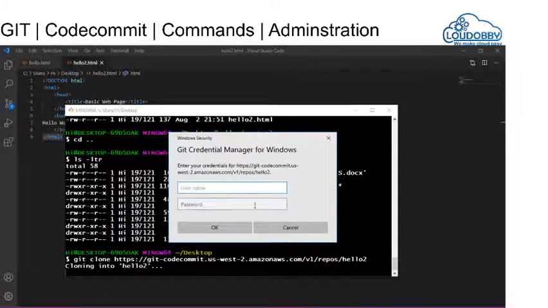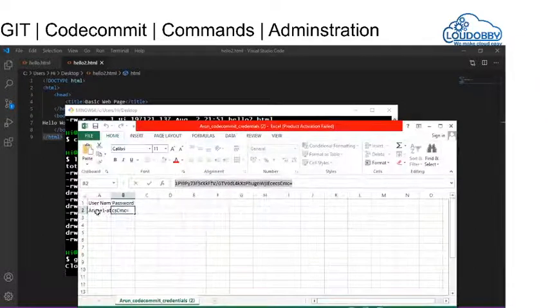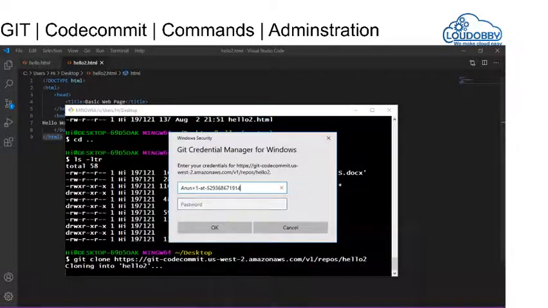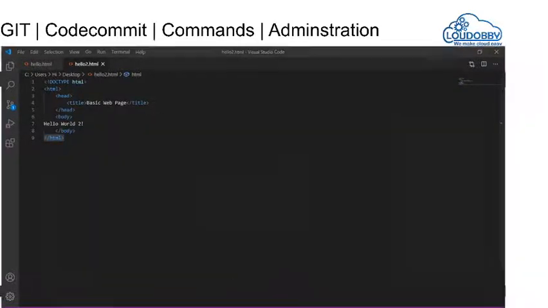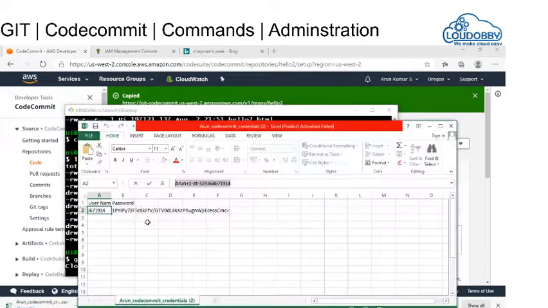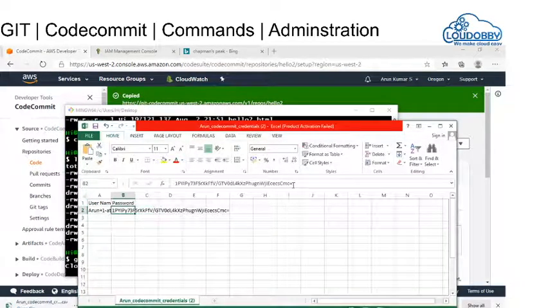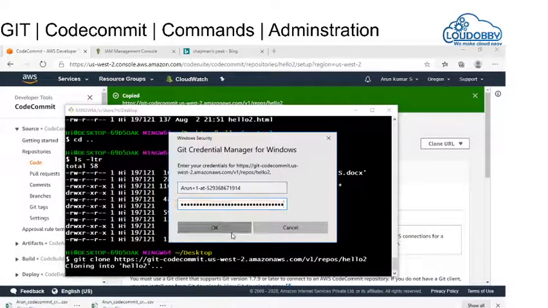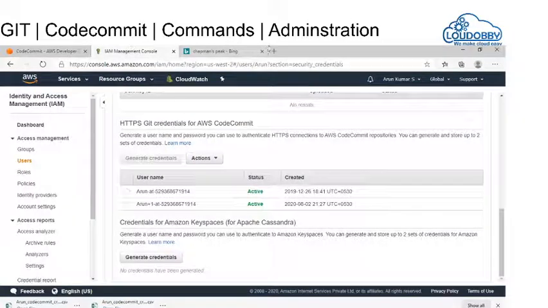Here it is asking for my username and password, which I have downloaded from IAM. If you are using CodeCommit, you have to create an IAM user allowing access to CodeCommit. So I will just show you the IAM policy.